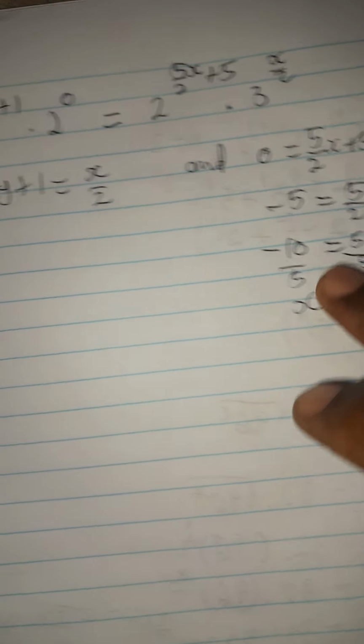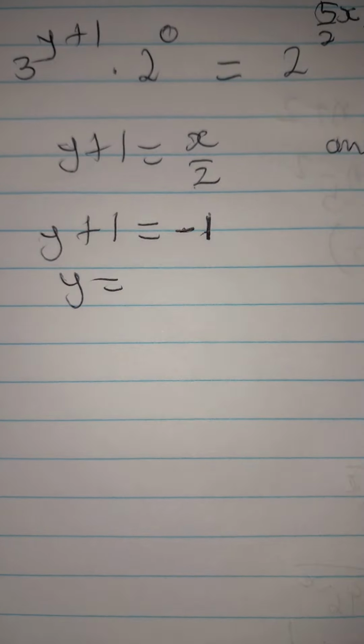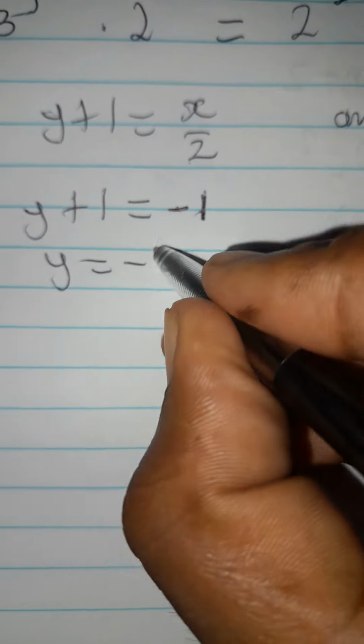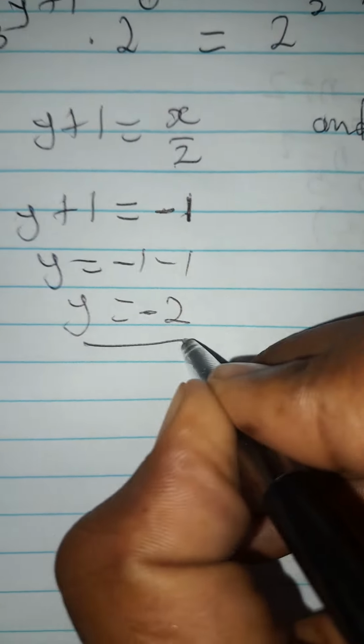We can take this negative 2 and substitute here so that we can get y, right? So when we are done there, we should take negative 2 and place it here. Negative 2 divided by 2, what would that be? That will be minus 1. Then let's take 1 to the other side. It becomes negative 1 minus 1, which will be minus 2. Okay, so that's how you were supposed to solve that